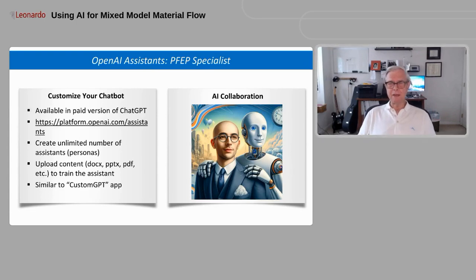Now, the paid version is not very expensive, to be honest. It's like $20 a month, I think. But it gives you access to a bunch of features that you might want to have. And if you have the paid version, you can go to platform.openai.com/assistants, and it allows you to set up an unlimited number of specialized chatbots, and you give them a name and